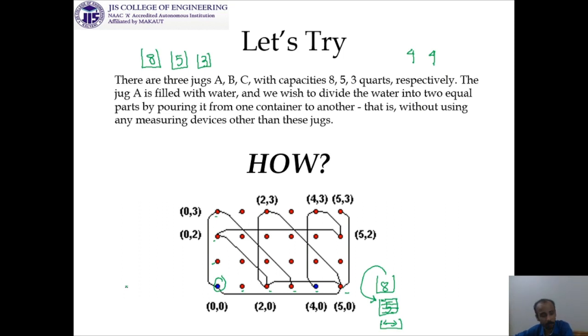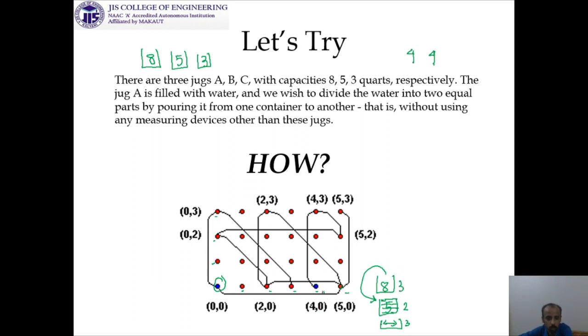I can start by giving you one clue: if you start from A to B, that means after going here, then you are pouring the water to B. Now look at this, from the initial position you can go to 5 0, and from this if you pour it to the third container, then you will be having 2 3, because 2 will be here and 3 will be here. In this way you have to proceed.